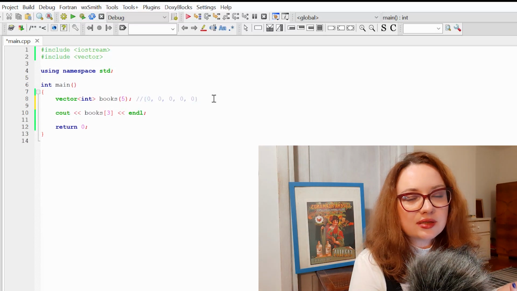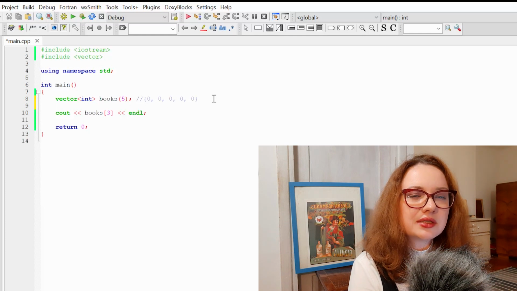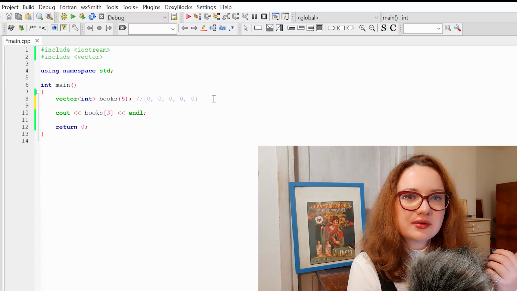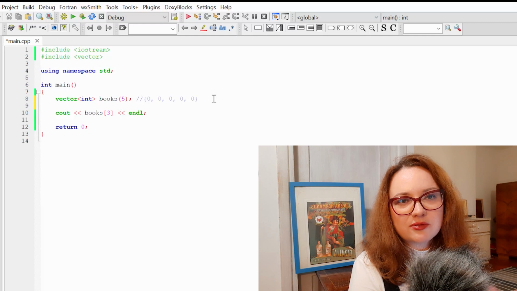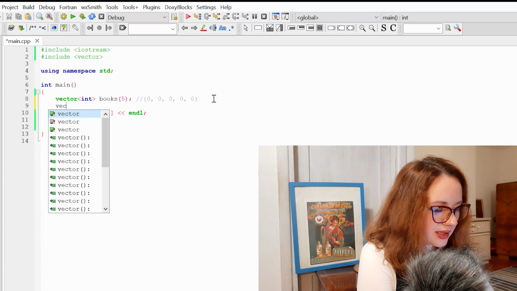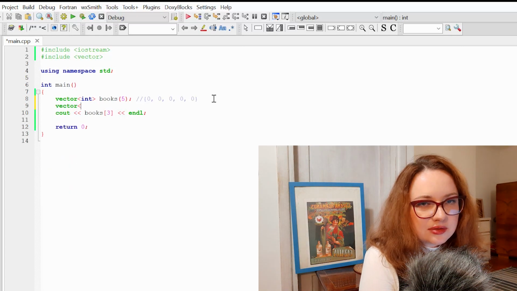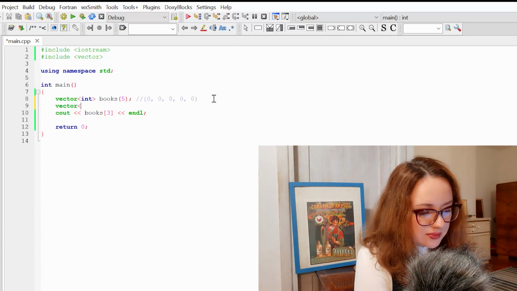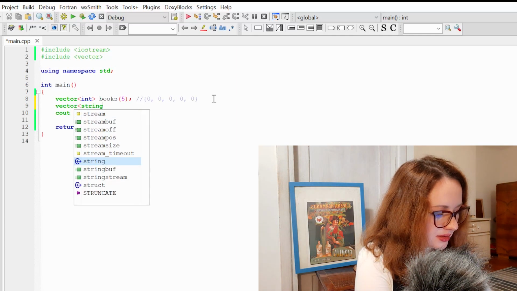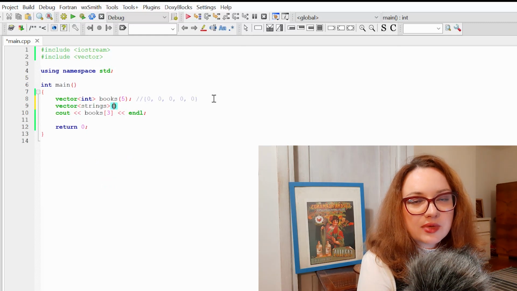Okay, if I can declare a vector of 5 zeros, maybe I can declare a vector with some size, and each member of vector will be some different value, not 0. And you can do this as well. Let's now create vector not of integers but of strings. And once again, open round brackets. First I need to write the amount of members in my vector.